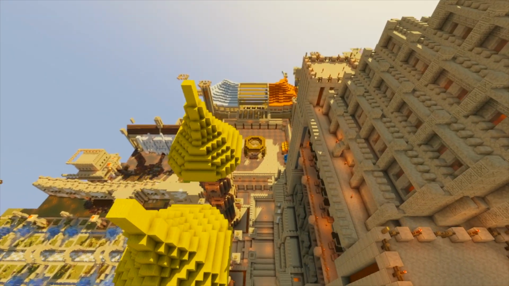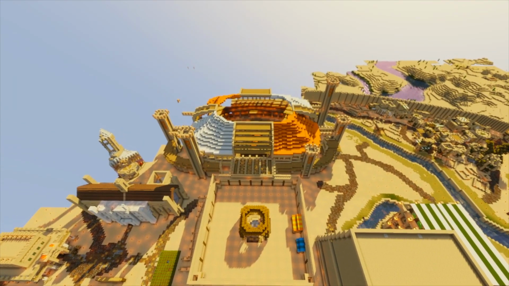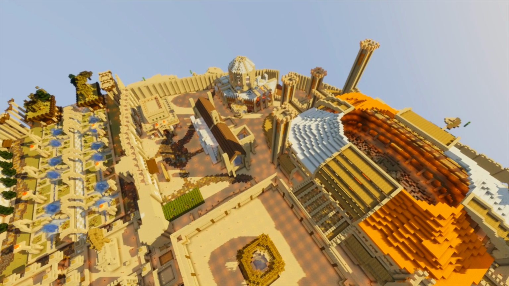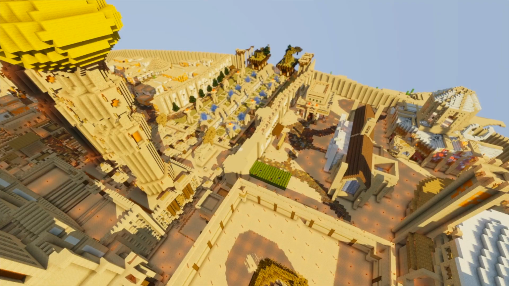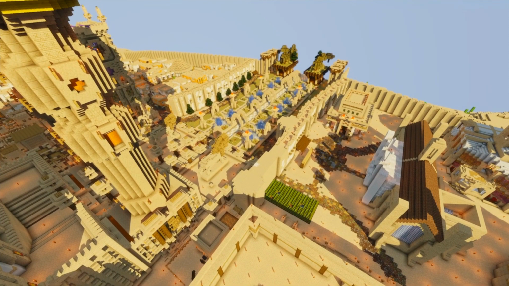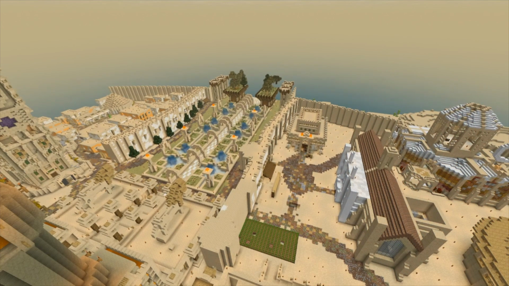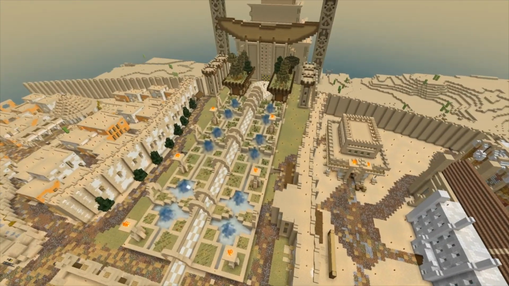This garden of some sorts and this PvP arena was here already. The new builds that have been done are as follows. The park has been extended. Okay, let me just turn off shaders here. Okay, we're back. So I started with extending the park leading up to the